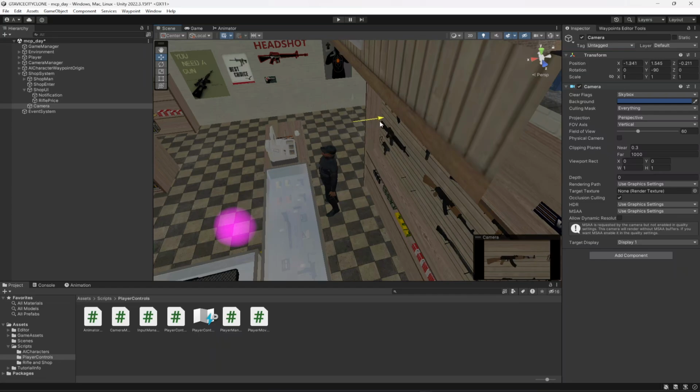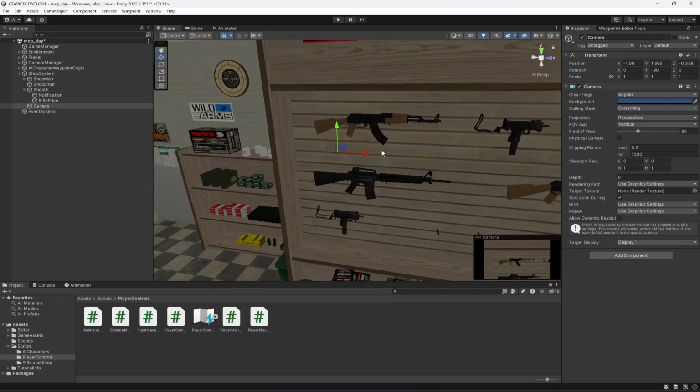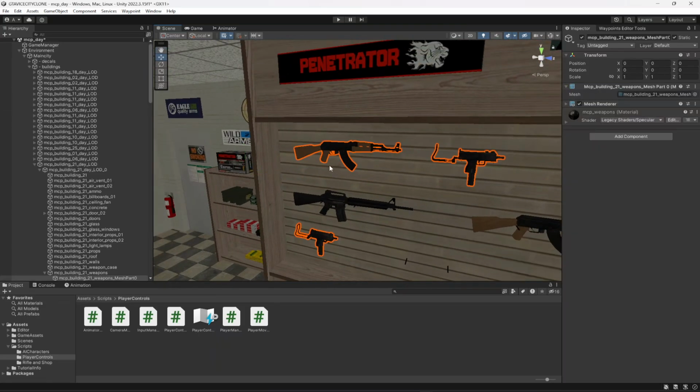like this. Okay, so now when we enter the shop we want the camera to be like this, to each of the rifles, whatever rifle we are buying. Okay, then to this one, and then to the pistol which is right here. Okay, so what we will be doing in order to create this animation type of thing is when we enter the shop,